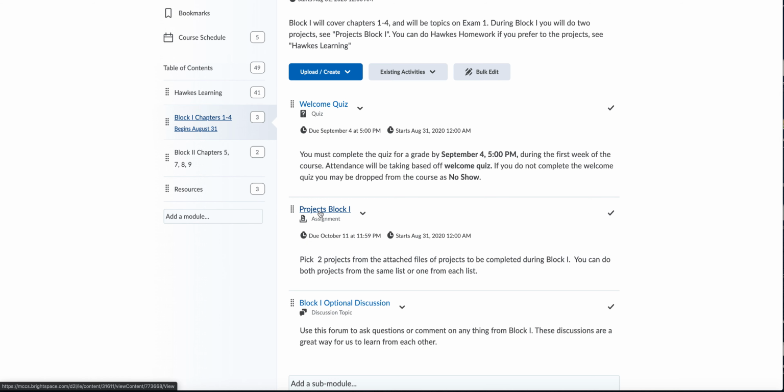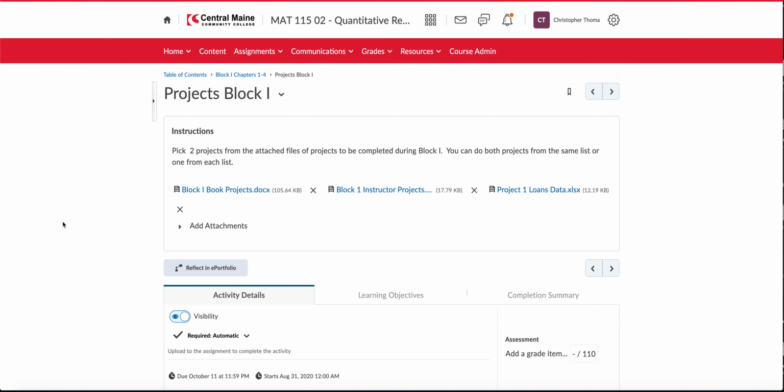Each block will have projects, and you must do 2 projects. There's a list of them. If we click on the projects, I have projects from the book and projects that I created. You can do both your projects from the book, you can do both your projects from ones I created, or you can pick one of each. But you must do 2 projects in block 1. They're due,